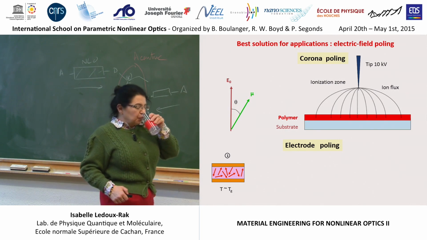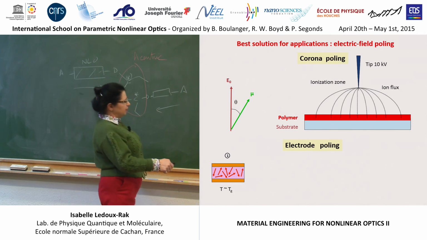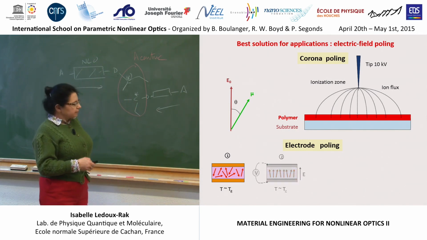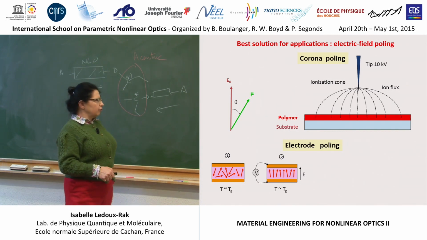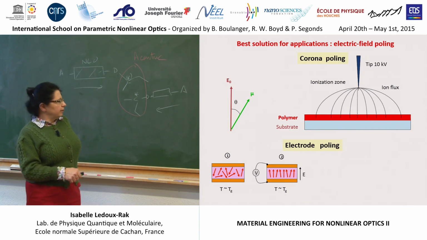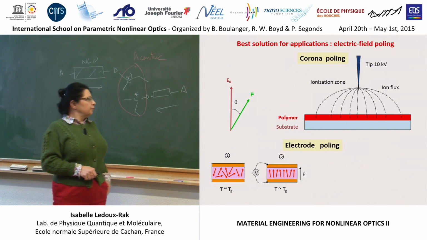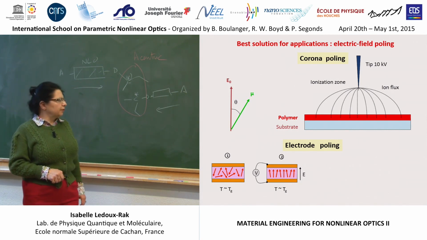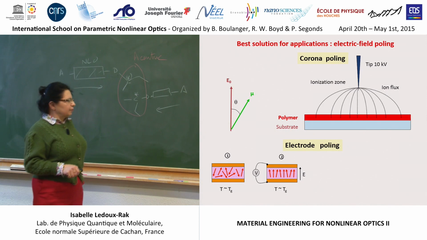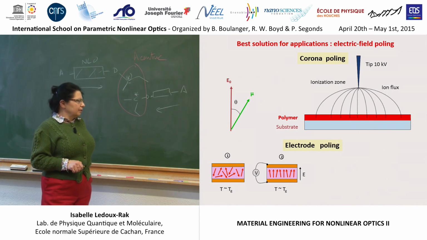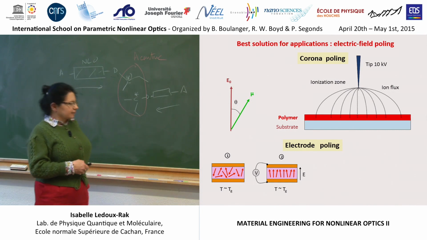It's not fully liquid, but the matrix is now less rigid and allows for movement of molecules in the matrix. So we heat the polymer and apply a permanent electric field. And the correct temperature for allowing molecules to move is the so-called glass transition temperature. For most optical polymers, it's between 100 and 200 degrees, which is important because we must find a temperature which will not transform or degrade or destroy the nonlinear molecules inside.